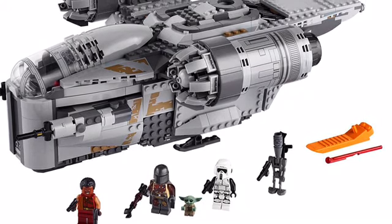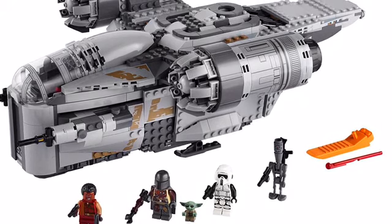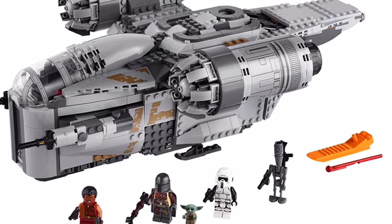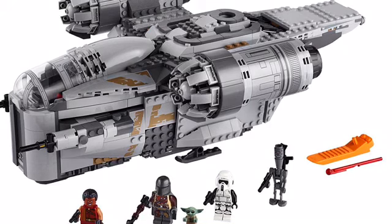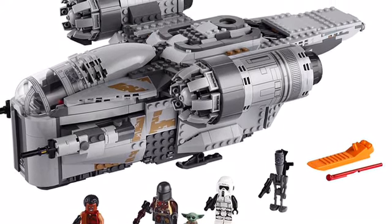To see Cara Dune in this set also would have been nice, but oh well. It doesn't really bug me that she's not in it either. To me, the best part of this set though is the build. The Razor Crest looks absolutely perfect and amazing in LEGO form, and I can't really complain at all. This set is great. Although it is expensive, I will be getting more than just one of the set,